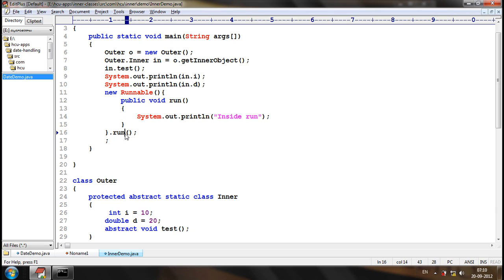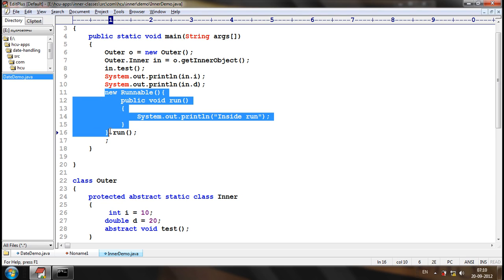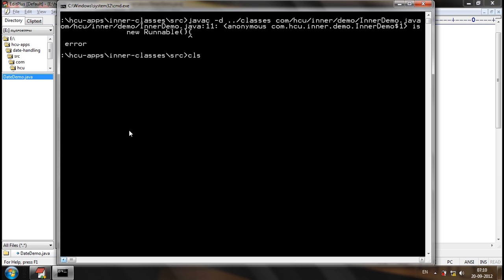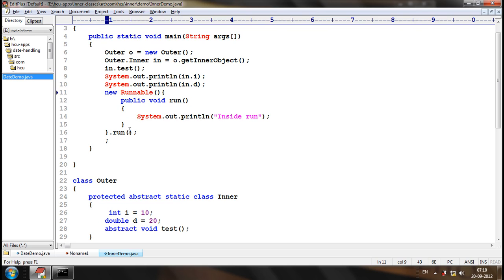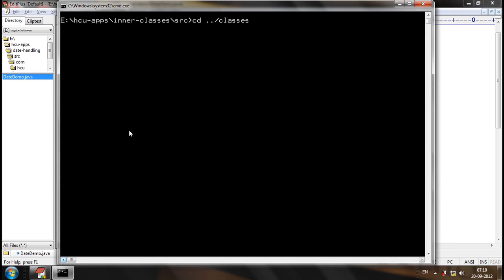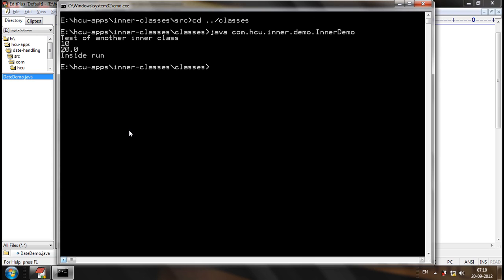This highlighted portion will create a new object of an anonymous inner class, which is a subclass of the Runnable interface, and using that anonymous inner class object we are accessing the run method. In that anonymous inner class, do we have the run method? Yes. So it will be executed perfectly. It will be compiled. Now, if I try to execute the application,